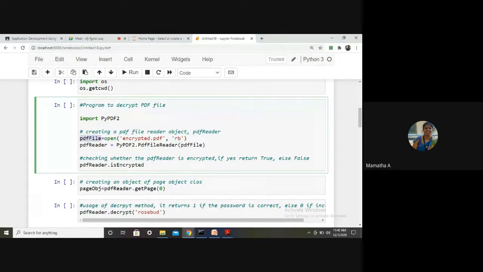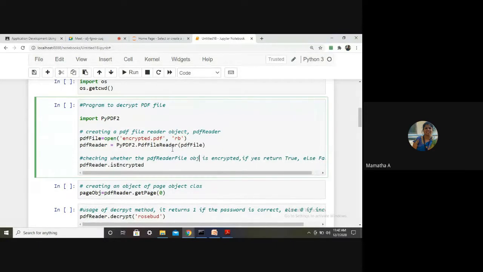That's all. Checking whether the PDF reader file object is encrypted. How do you check whether it is encrypted? Which attribute should you use? The attribute is encrypted. If I execute this, what is my answer?